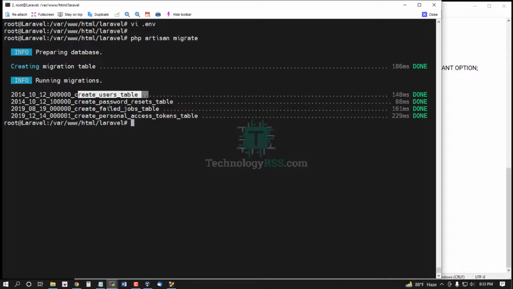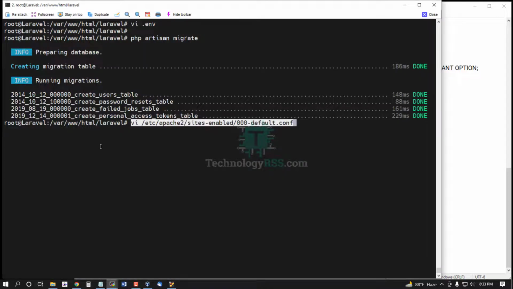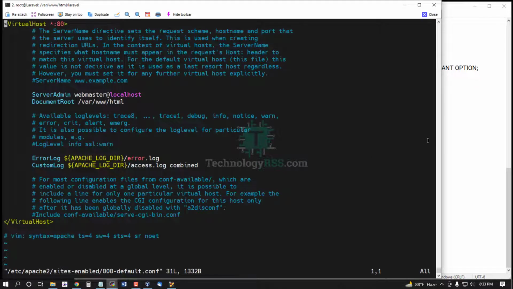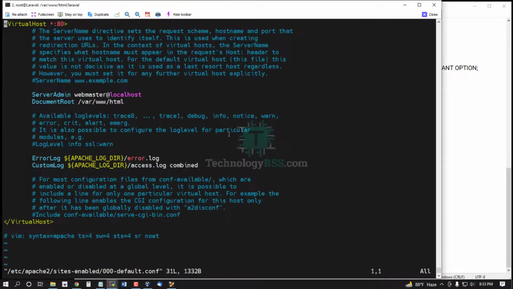Yes, running migration: create users table, create password reset table, create failed jobs table, create personal access tokens table, all successfully done. Now open the Apache web configuration file, and add